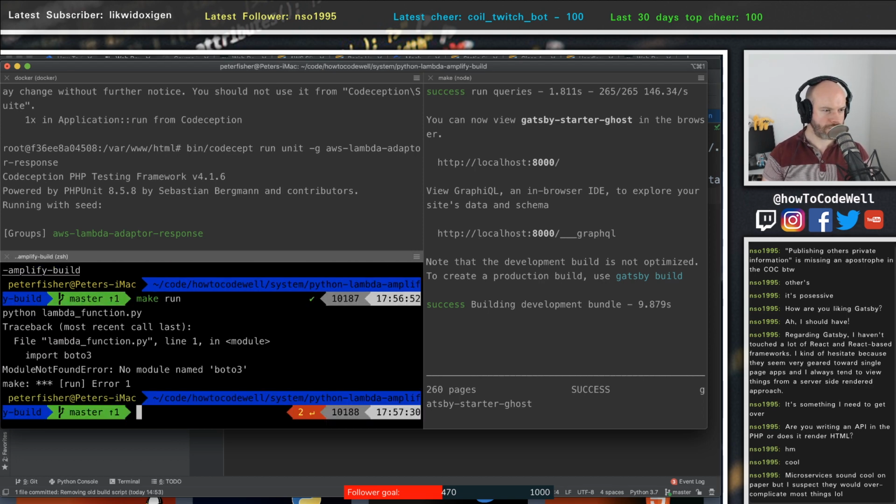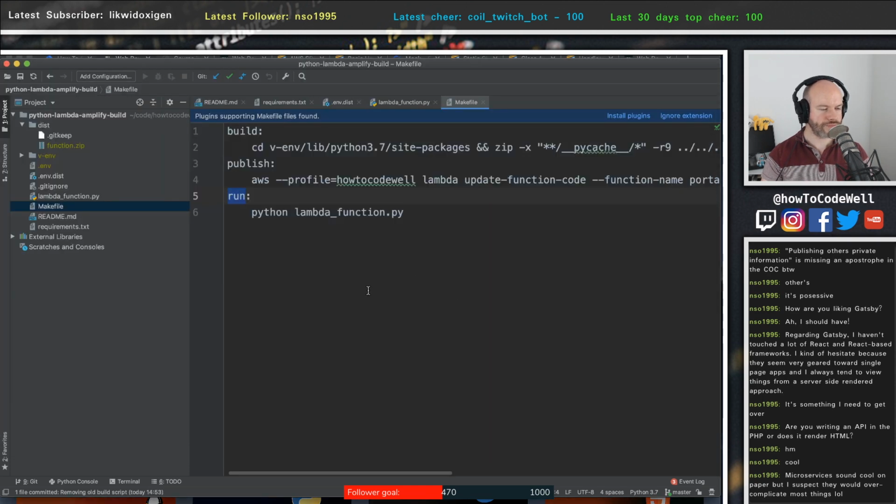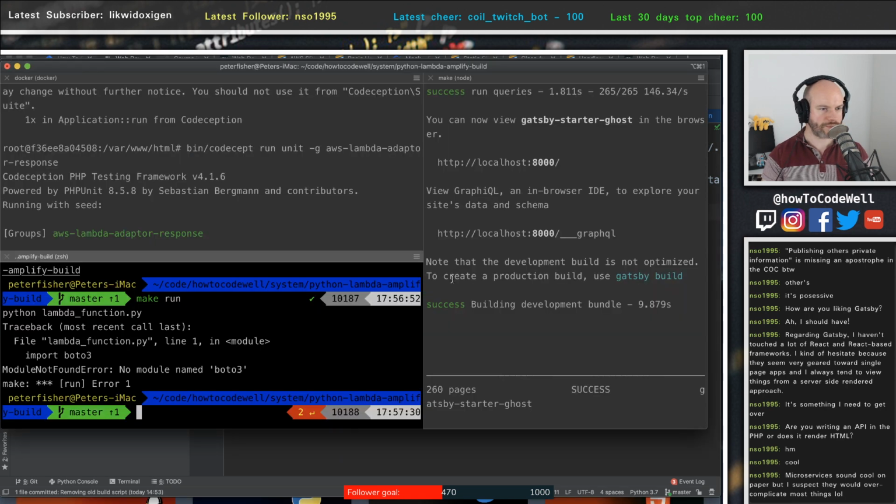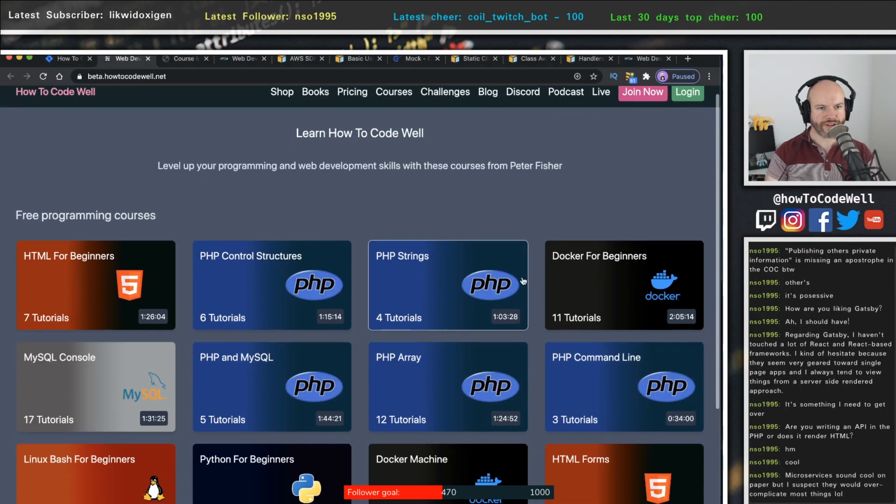oh wait, hang on a minute, import. Okay, I'm gonna have to do it from, I think that needs to be Python 3. And I don't want to change that because it's a different setup to the one on my laptop. If I was to do this from the AWS console,